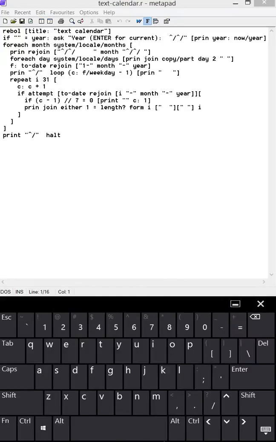Okay, so this is an explanation of a little text calendar printer done in Rebel. Sort of a change from some of the other videos which mostly focus on GUIs. This is entirely a console application, so it prints text to the console in Rebel. Starts out with a title, and